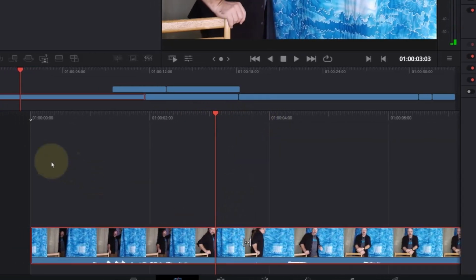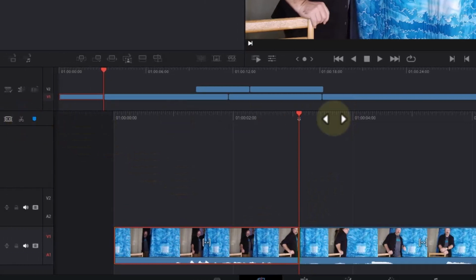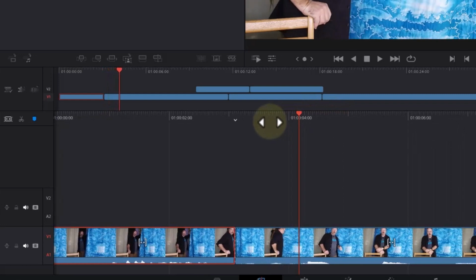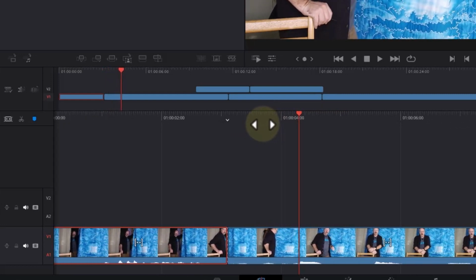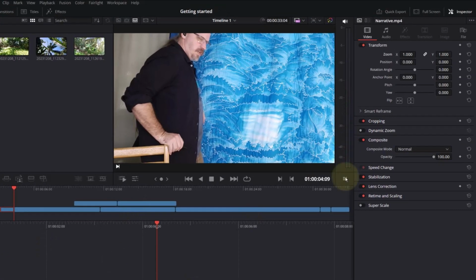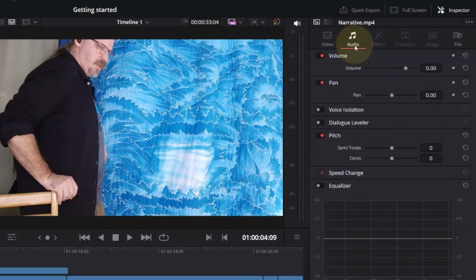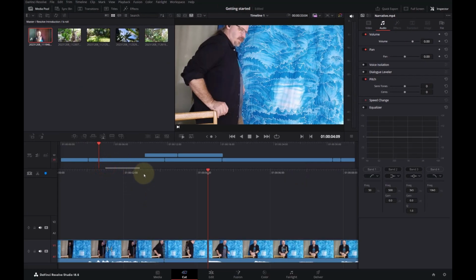is, again, put a split where I want to start controlling the volume of the sound. We'll go to the end. Right about there. Put another cut in there. Again, select the file, and over here in the inspector, there's an audio tab. And here I can turn the volume down. Now if we listen to that,